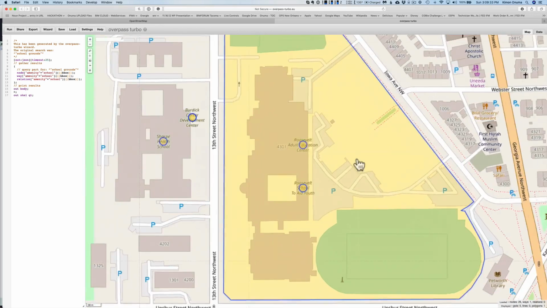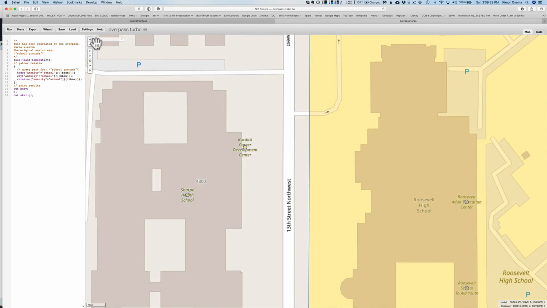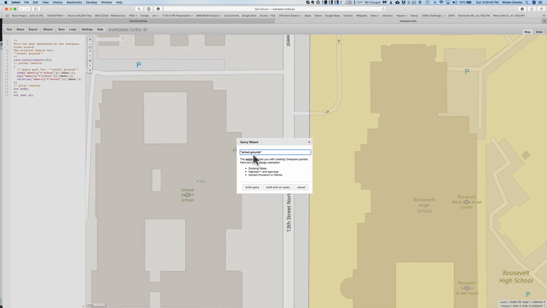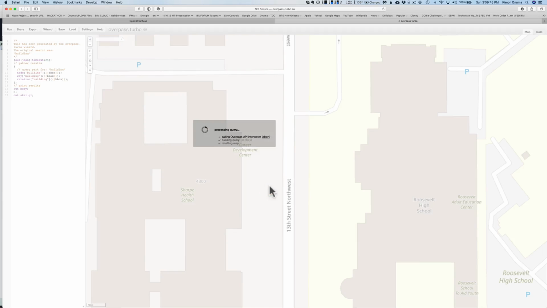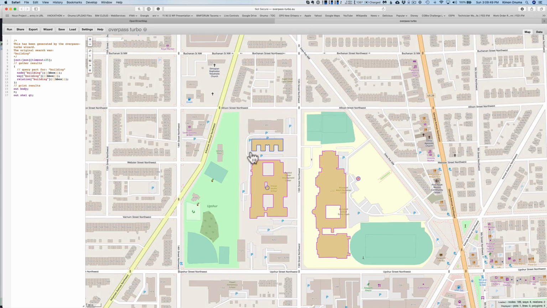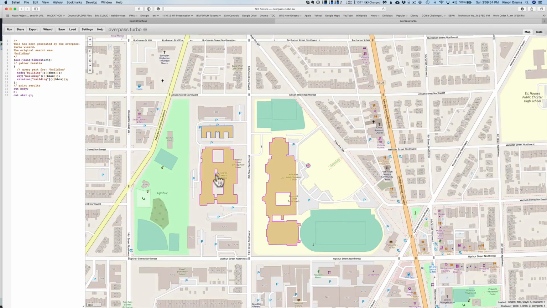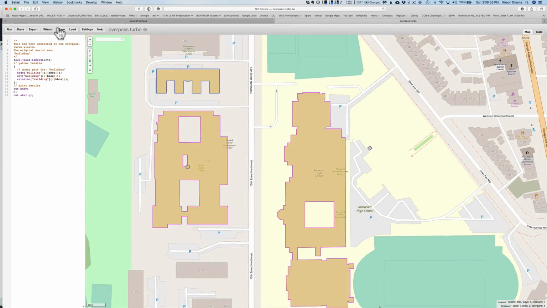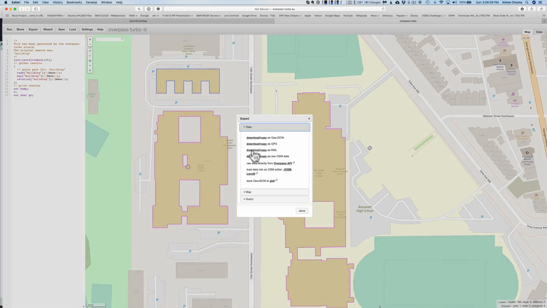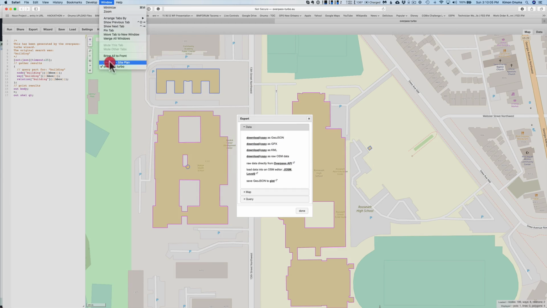And this time I'm going to zoom all the way in and just look at these buildings here. And the reason I'm zooming in is I only want it to select these buildings. I'm going to type in building for a search and see what it finds. Okay, it found the outlines for this building and actually these other 2 buildings that were within frame. It didn't select the other ones, so now I know that only these 3 are selected. So if I hit export again and download a KML file again of these buildings only,